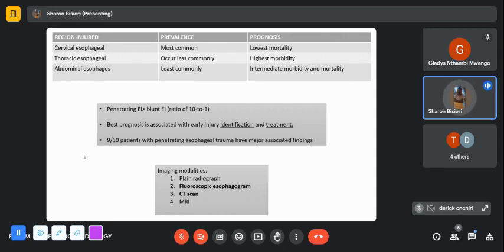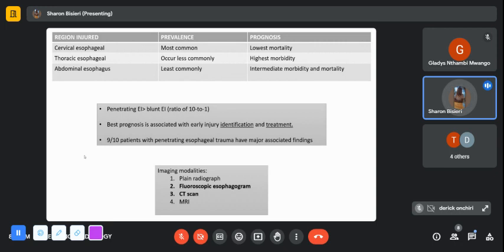And that's because it's also easily accessible. It's easy for you to intervene and treat that specific area. For the thoracic esophagus, the prevalence of tears in this region, they occur less commonly, but this region has the highest mortality because of its inaccessible location and also because of the surrounding vital organs. And then for the abdominal esophagus, it's quite short. It's the one that's least commonly injured, and it has